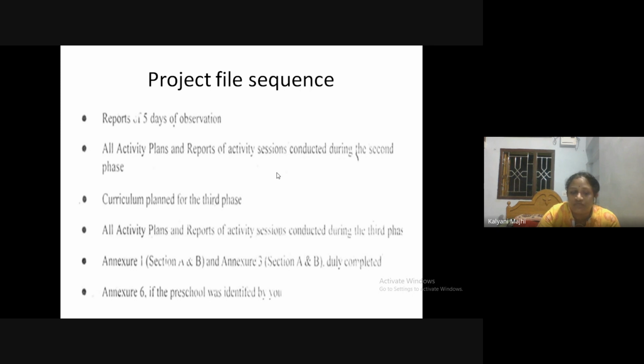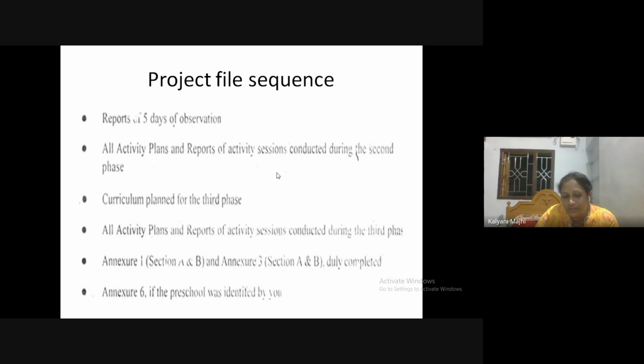The sequence is first 5 days observation, then all activity plan and report of activity session conducted during the second phase, then curriculum planned for the third phase, then all activity planned and report of activity session conducted during the third phase. First the 5 days observation report will be there, then the second phase all activity plan and report, then